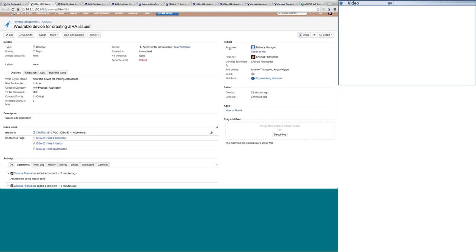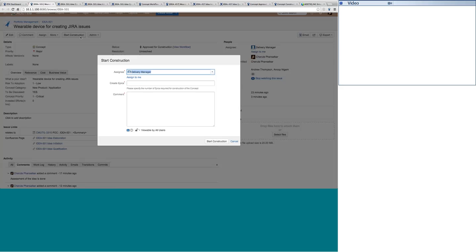Let's say that we have decided to start construction. Again, as I mentioned, the entire implementation work or technical implementation construction that is going to happen for the idea or the concept is going to be tracked and monitored through that. Now let's say I have decided that there will be two different features for this idea. So I will say start construction. When I'm deciding to start the construction, I'm deciding that there are going to be two features for this particular idea. Now let's see what happens when I start the construction.